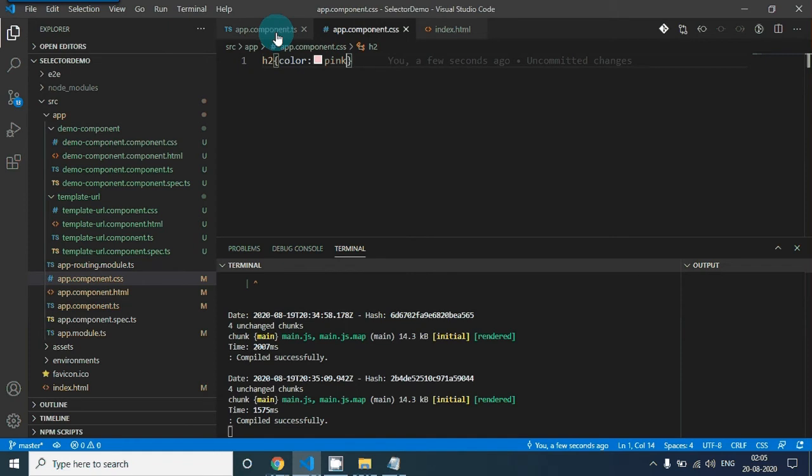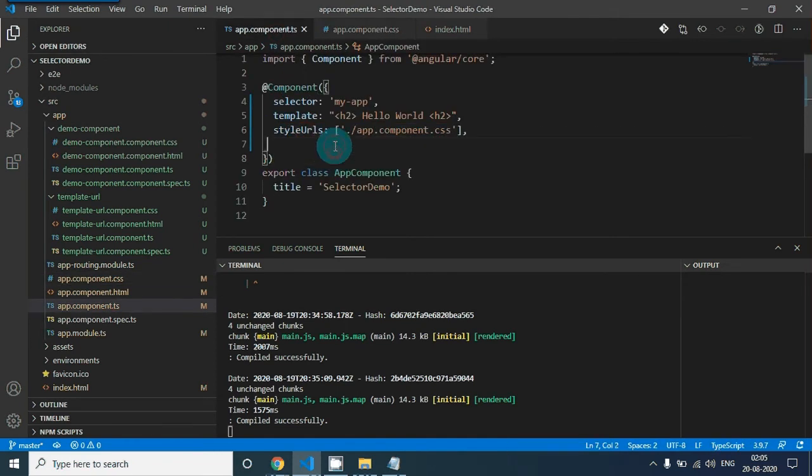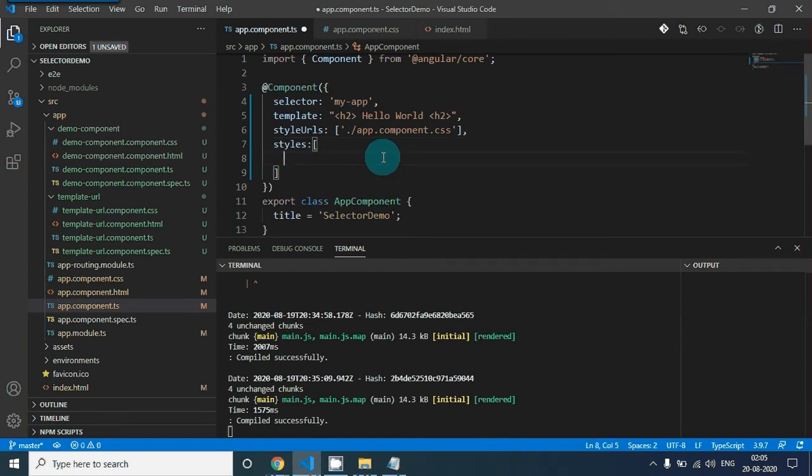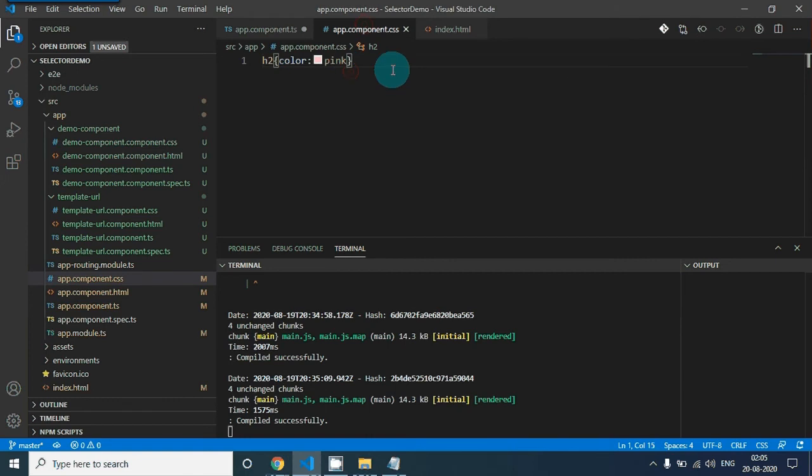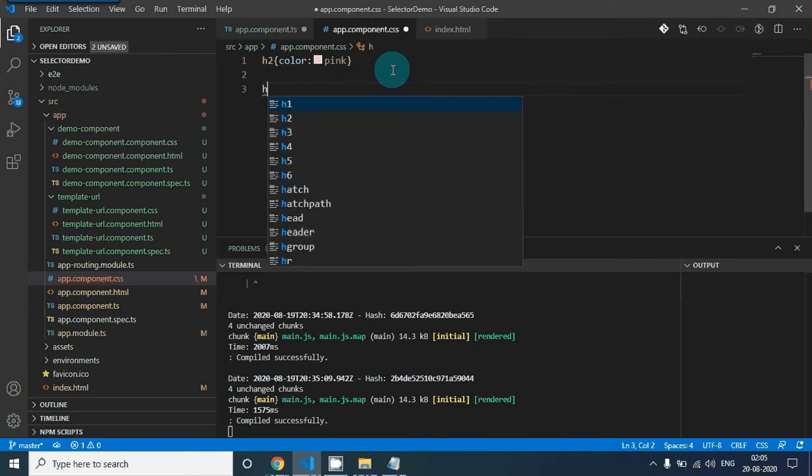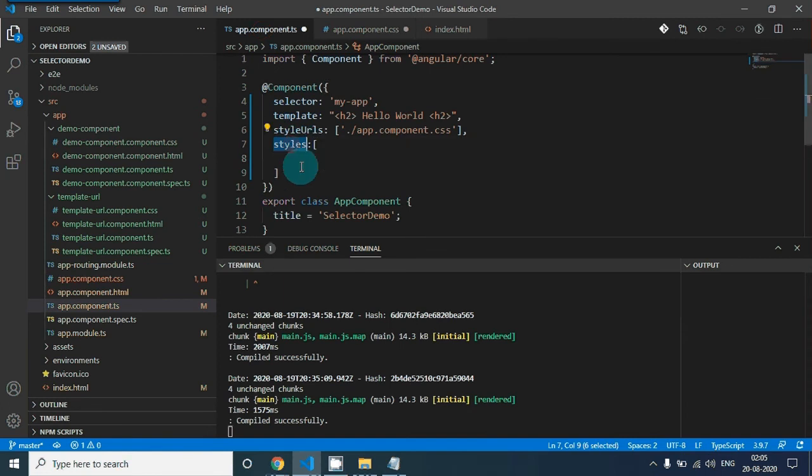So you can see how we can use styles and styleUrls. What is the difference now between styles and styleUrls? If we use styles like this, we are not getting IntelliSense support as we get in this file. In this file we are getting IntelliSense, but if you use these styles, you will not get IntelliSense. Otherwise, there is no difference from a performance point or any other point of view. So whatever you prefer, you can use both of them. But remember, it is always preferable that if your CSS is bigger, use styleUrls.